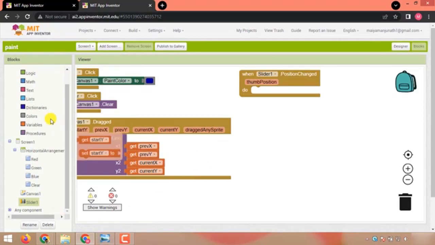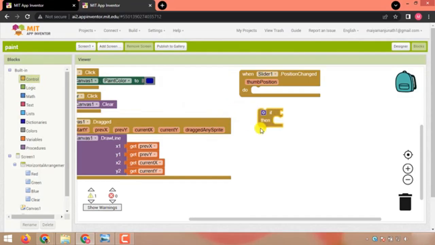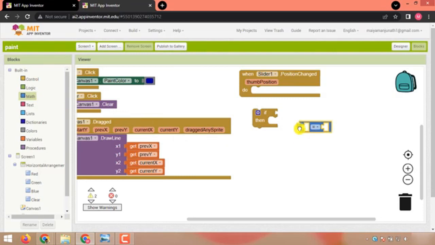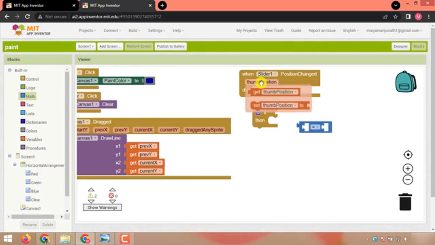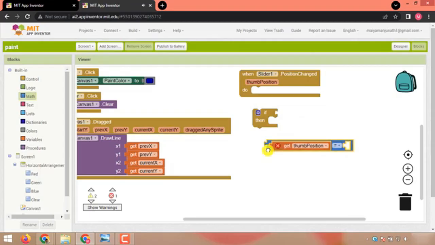So in control we have the if then block. Okay, so I'm going to use this. I'll use this and I'll explain how it works. Okay, now if in math, I'll drag this. I'll move the mouse over thumb position and select get thumb position and drag this. Okay, drag this. And here I'll say less than,